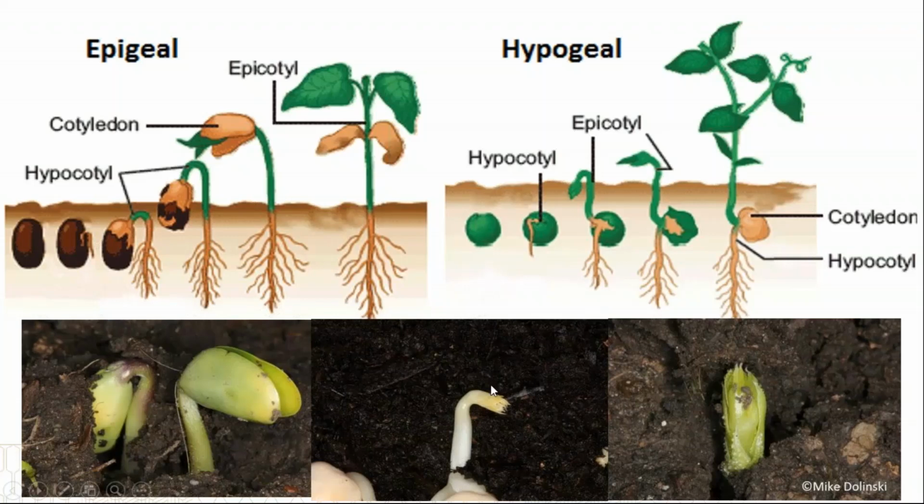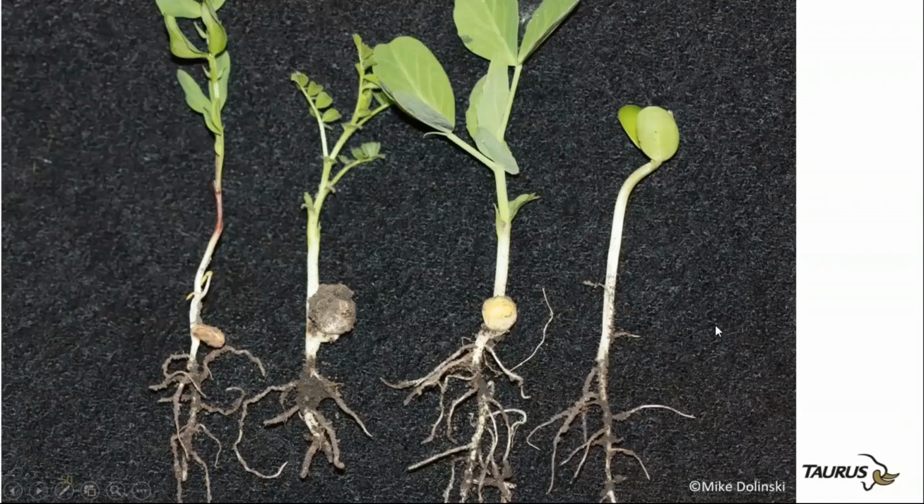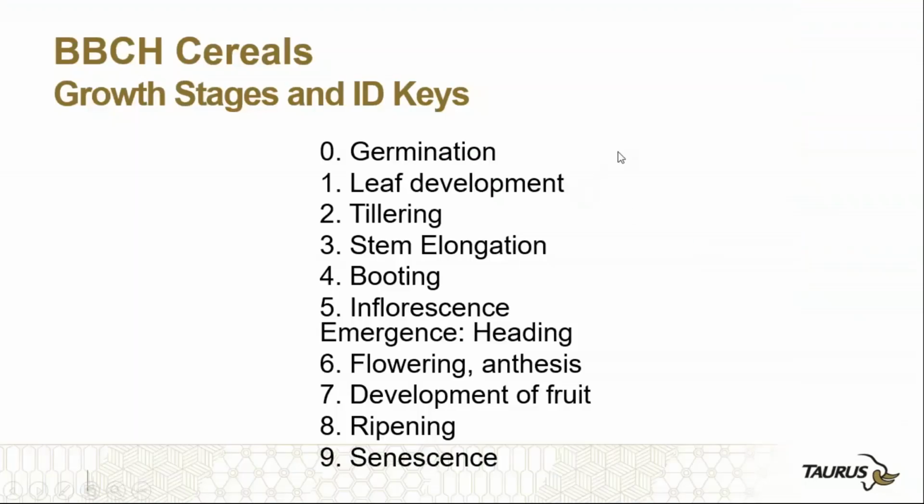So the difference is that you can have a pea or a wheat plant freeze off, and as long as the growing point, which is down here, isn't killed, it'll regerminate. If you kill the growing point on canola up here, and I'll show you that, and the growing point right in here in soybeans, the plants are dead. So here are various plants. This is soybean, and you can see that the cotyledon is gone, whereas with peas, chickpeas, lentils, the seed stays below ground. So here we go, on to the photos.